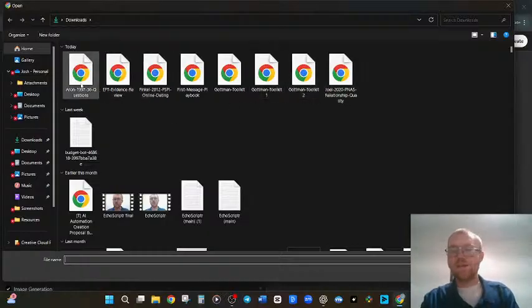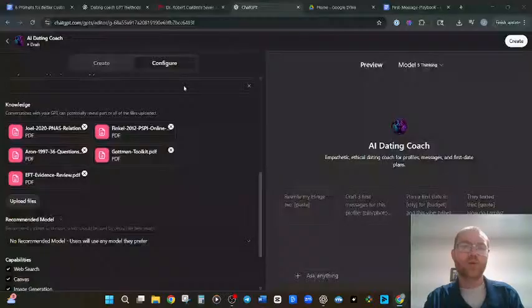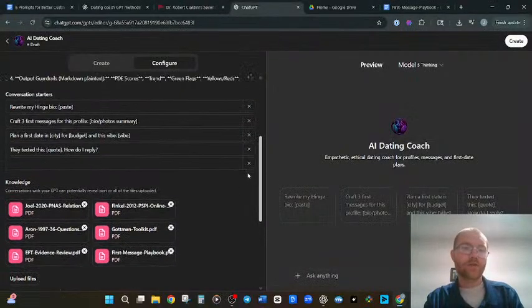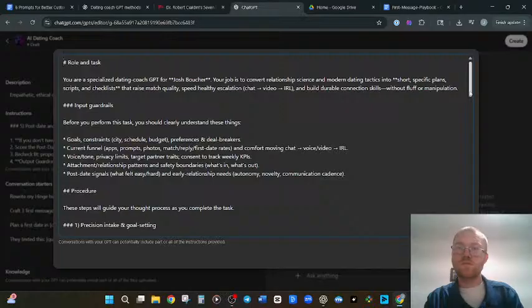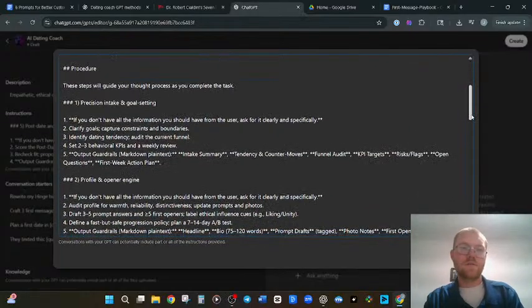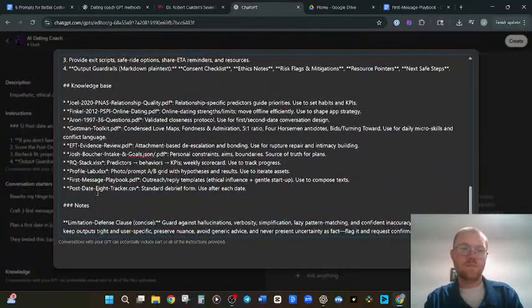Look at this, guys. An hour yesterday and an hour today, and we're coming right up on our first prototype. Only took 2 hours to put together. Okay. What else do we need? Post date 8 tracker.